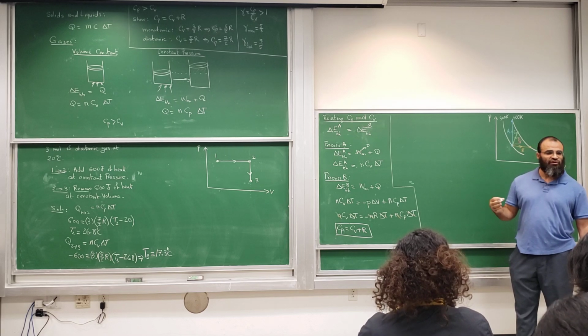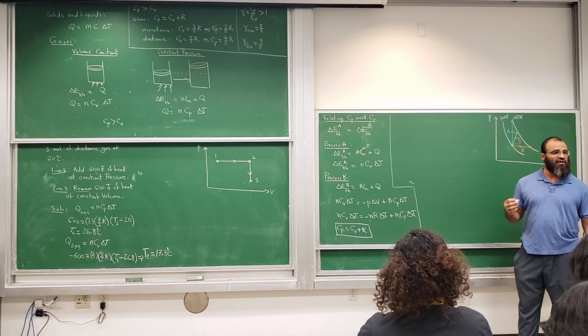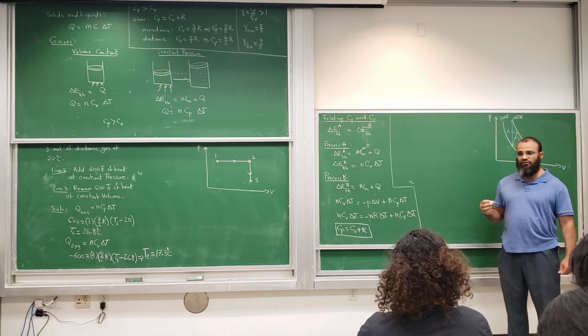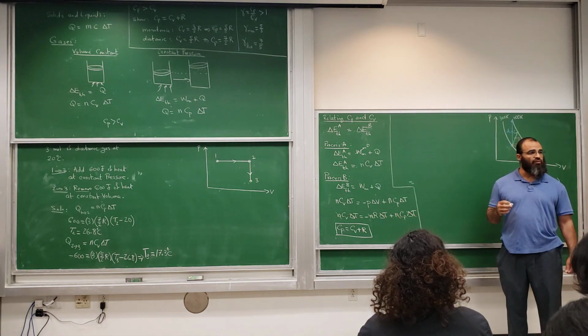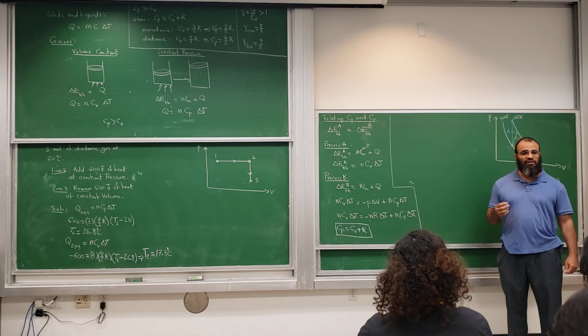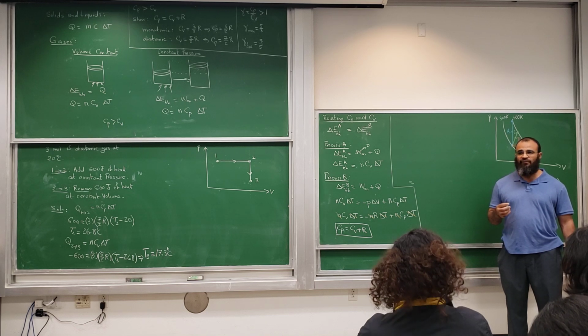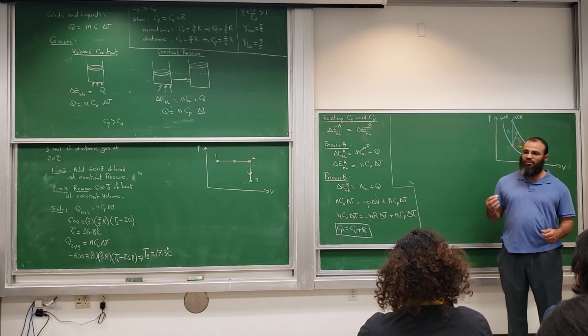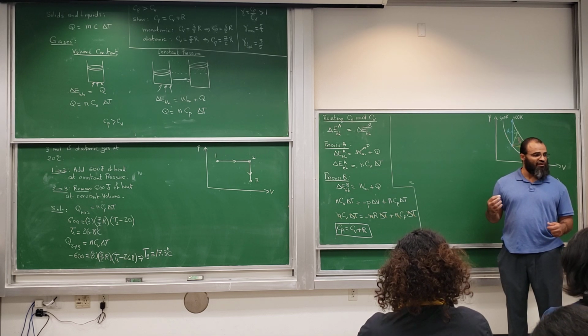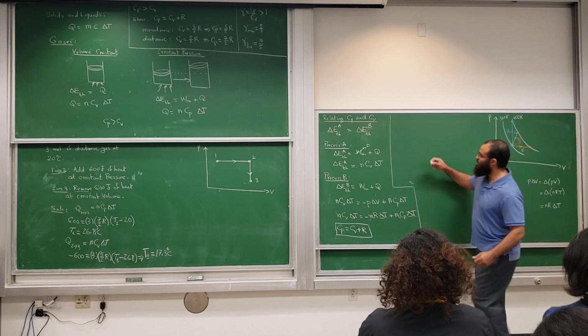The next example is going to be on the adiabatic process. But in order to do that, I'm going to cover how the pressure and volume relate to each other in an adiabatic process. So we have the ideal gas law, but the adiabatic process puts more restriction because it's a specific process. For adiabatic,